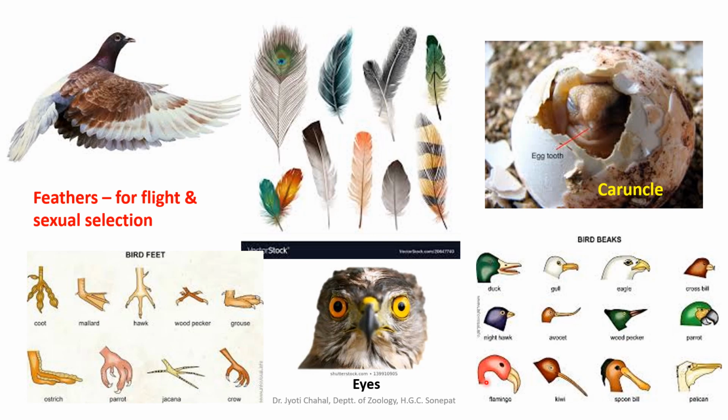Another morphological feature which serves an important function is the egg tooth, which is also termed as caruncle. You can see here this white, tiny structure on the tip of its mouth, and that is the egg tooth. That is utilized by the young one present inside the egg to break the eggshell, so that it can break the egg and come to the outside world. That is the only function of this caruncle. It will shed off some time after hatching. So that is again a morphological structure which serves an important function.